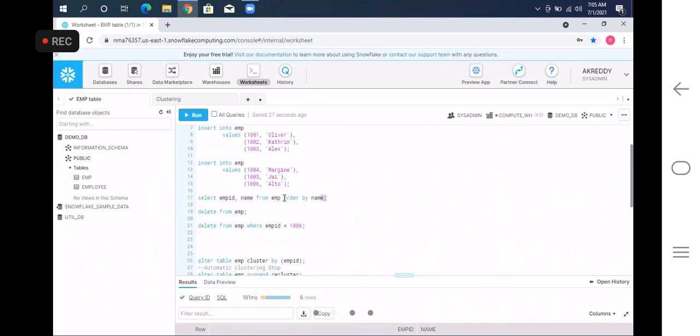So this applies only to medium scale tables. For a huge volume of tables, we should apply a clustering key. In case the table is used in daily operations and has a huge volume of data, only in those cases will we go for clustering. Okay. So the next topic